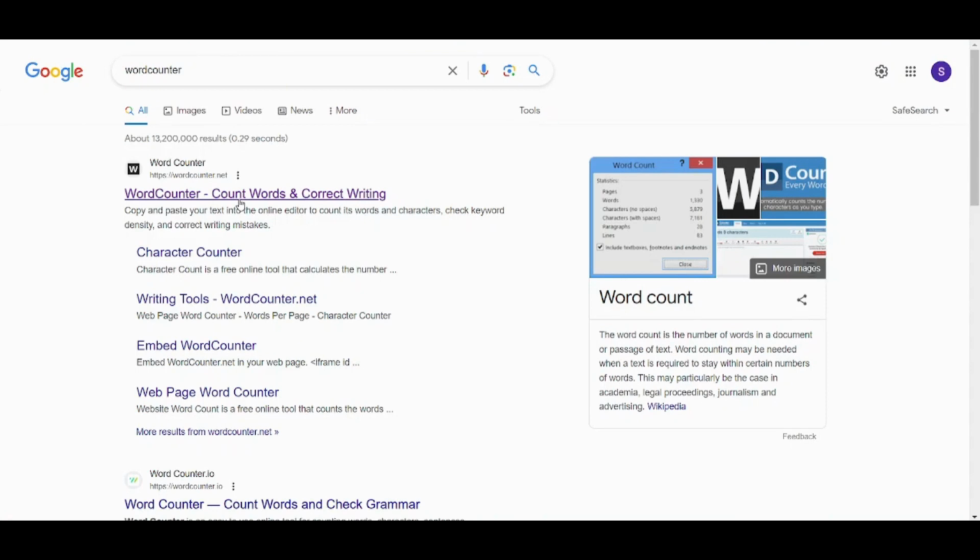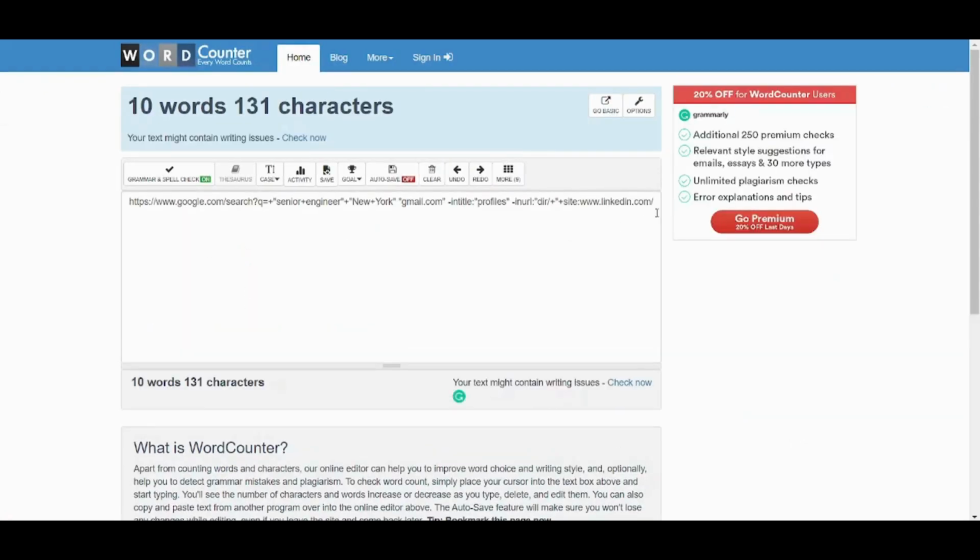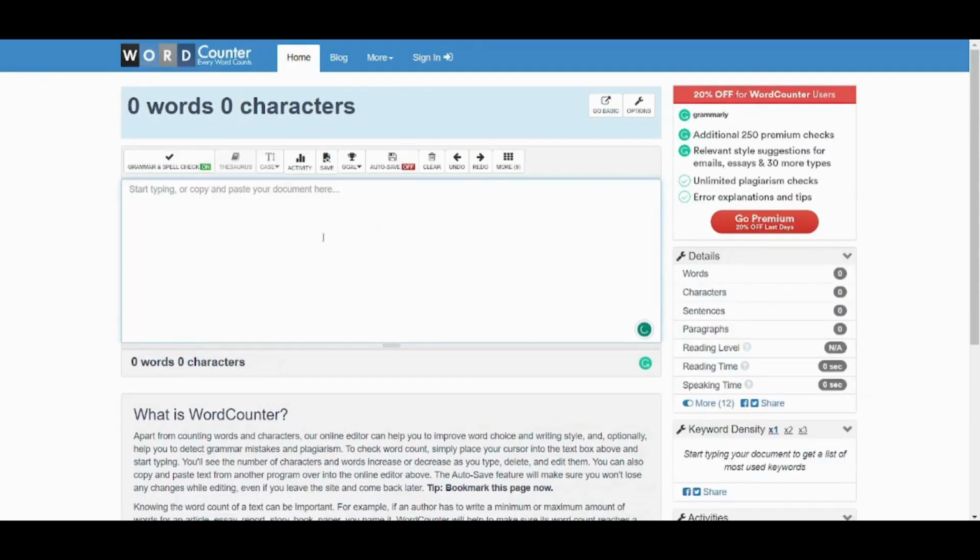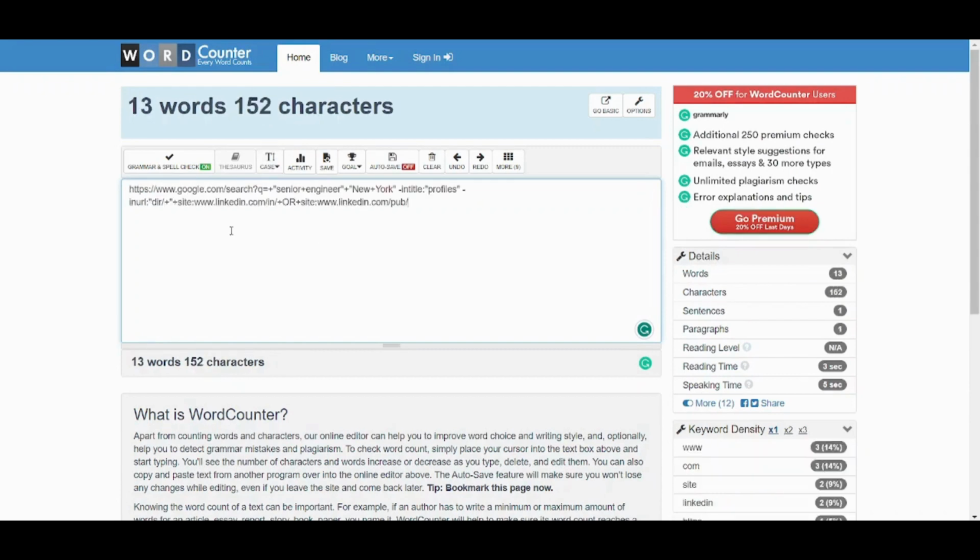Now choose the first result and delete this text. Now let's paste our text that we copied from Recruiting. Here we will just add some minor edits on it. Let's delete this text until IN, which is short for LinkedIn. Now let's search for the location, which is here, New York. Add space, open quotation mark, write gmail.com. Close quotation mark. Now let's copy this text